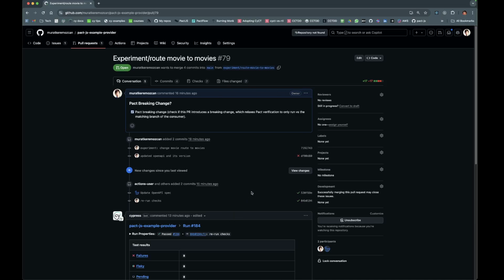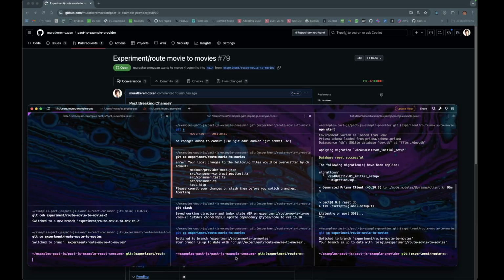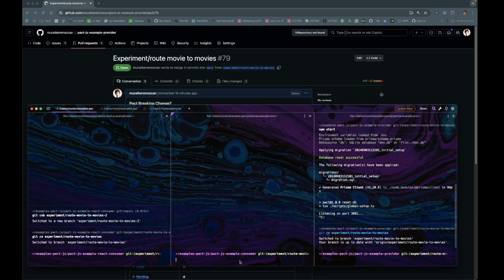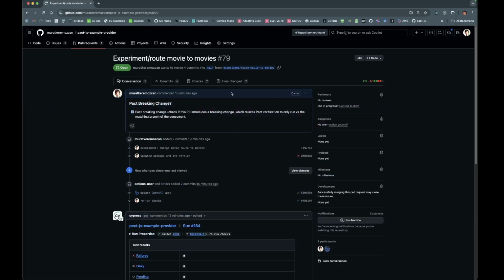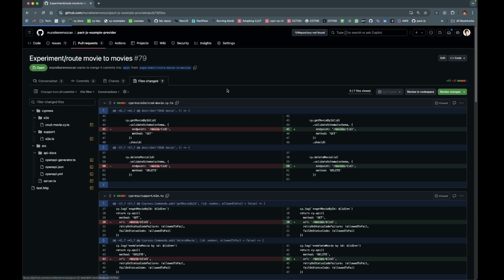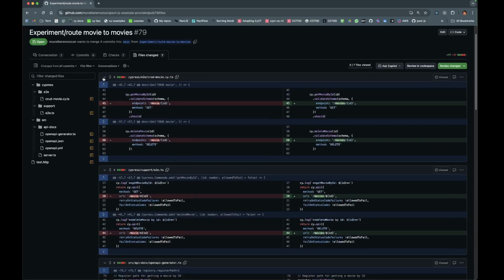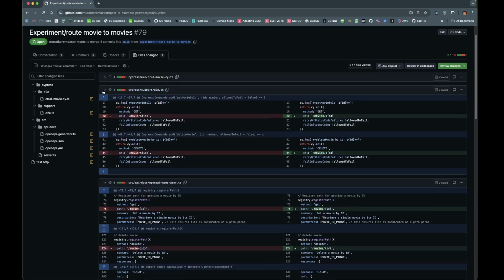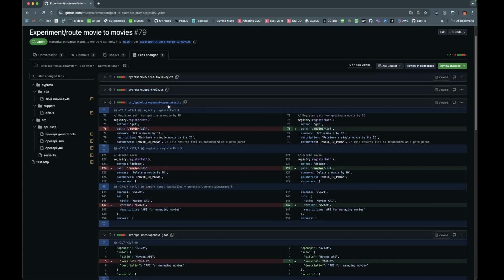Okay, so just to go over the changes, the only main thing I do is this checkbox that introduces certain environment variables so that the Pact tests only execute against the matching branch. So it will only execute against the consumer matching branch, which we already have a PR there, which I'll show. So let's just go and change this real quick. Movie became movies. We can change over at the E2E helper, and then the OpenAPI generator we changed, right?